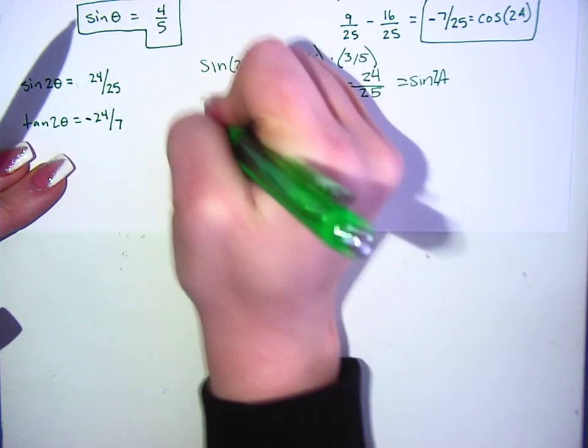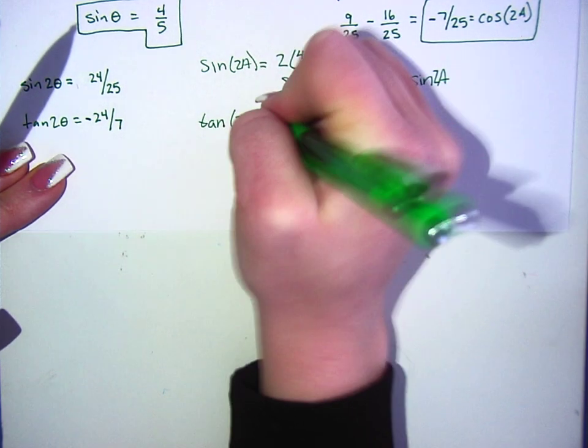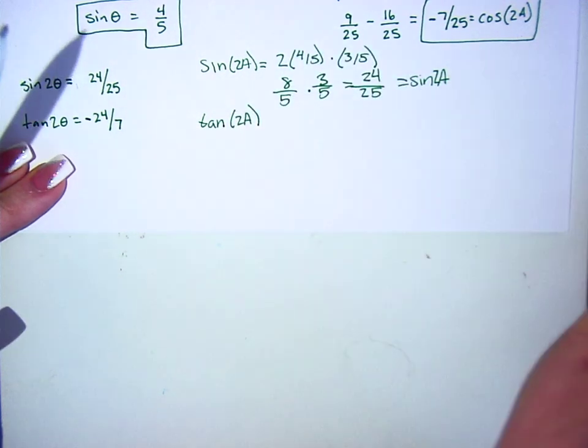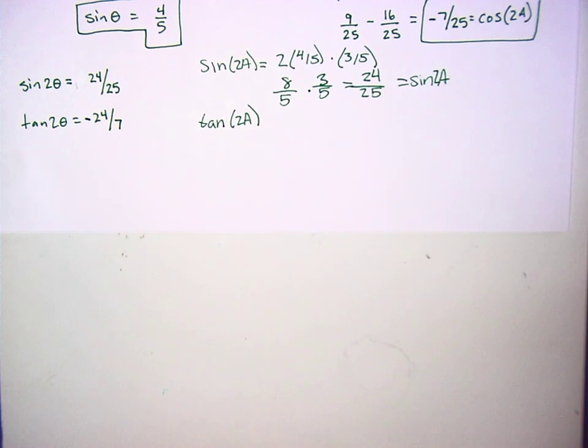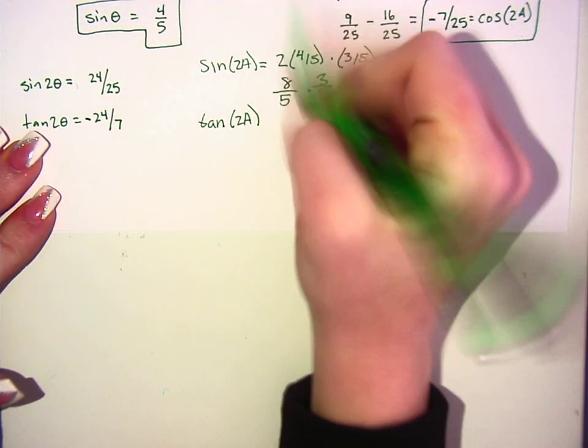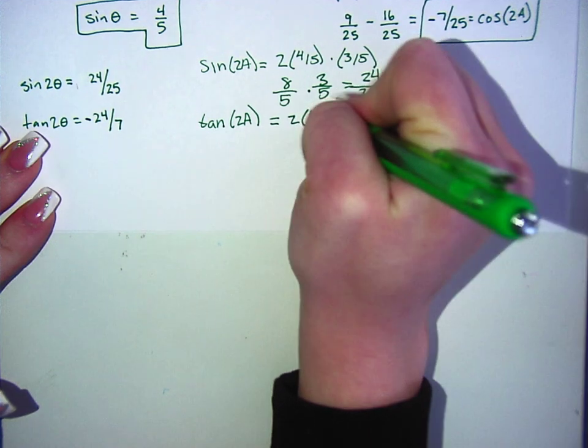Okay, sorry, I'm getting lost. Do you want to write the second one? The tan. Okay, so then we did tangent and wrote the formula out so that it was 2 times 4 over